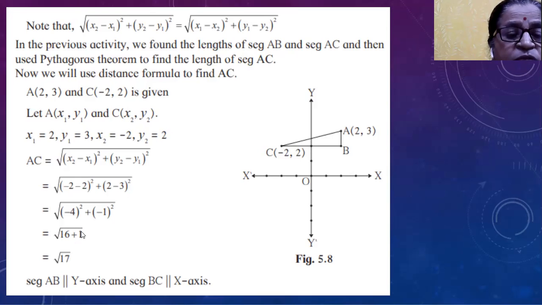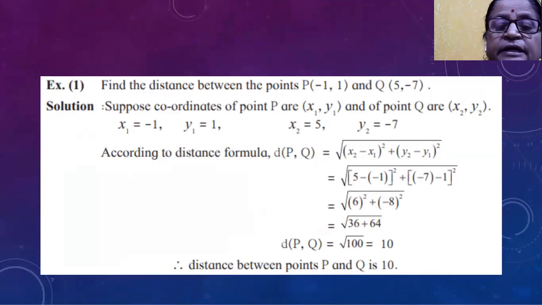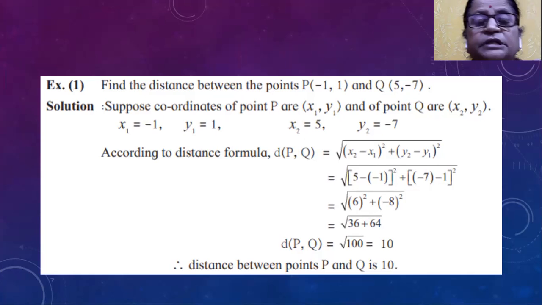So 16 plus 1 is 17. So this is the square root of 17. Segment AB is parallel to the y-axis and segment BC is parallel to the x-axis. Then in this example, we are going to study that